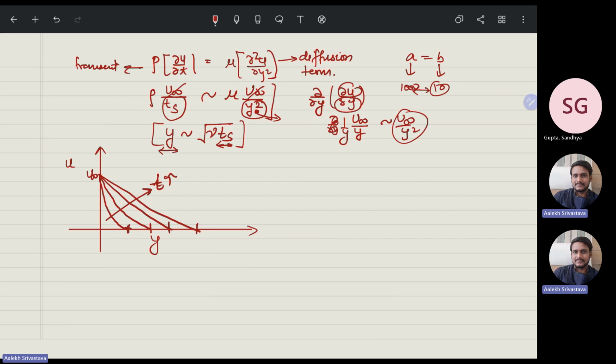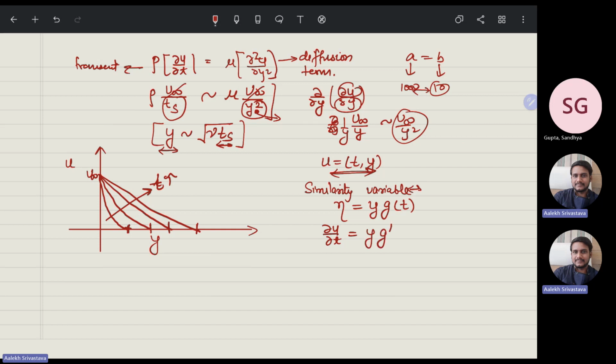As you can see, your velocity is a function of time as well as space. You cannot simply solve this equation. You need to use a similarity variable. I don't know whether you get this or not, but we can define an eta, which is a function of space as well as time. So this is a combined function of space and time, and we will try to express this velocity in terms of eta. So du by dt is equal to, since this is only a function of space and this is only a function of time,